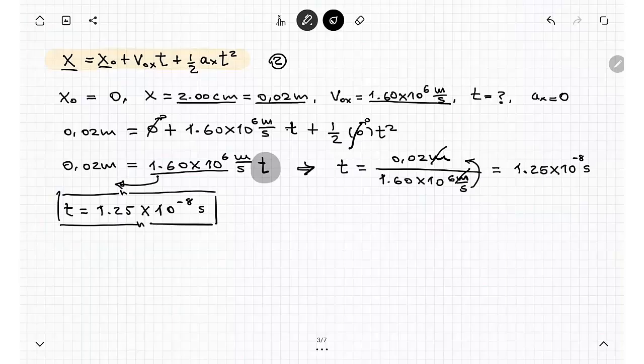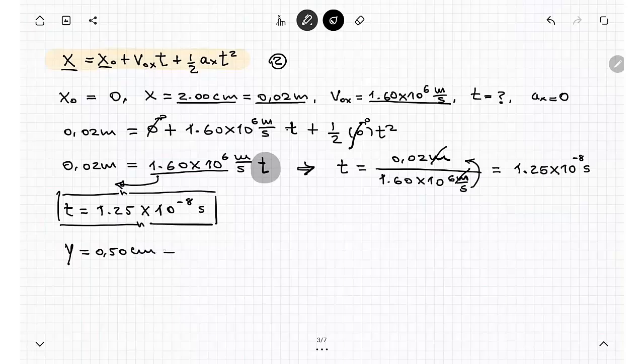That's the time that the particle spends to travel horizontally the distance 0.02 meters, but in this same period of time the particle travels the y distance, I mean the vertical distance along the y-axis, and the problem says that that distance is y equal to 0.50